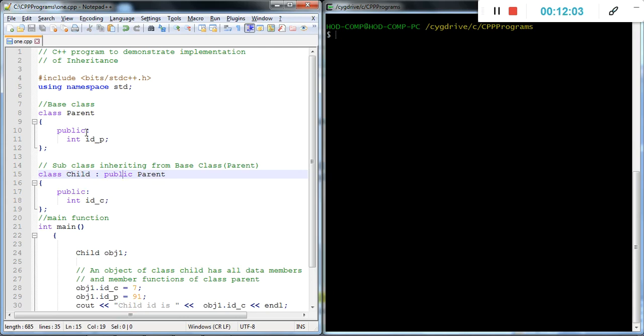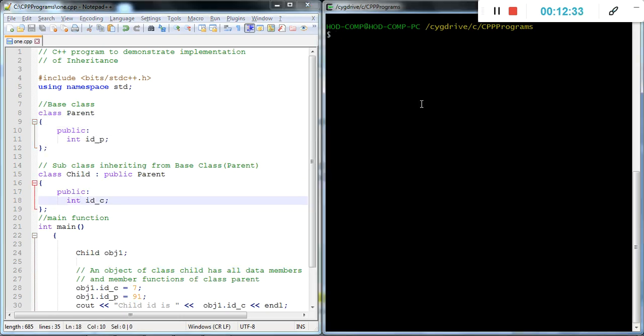Means the public member is accessible in the class itself and in main. If the parent class contains a protected member, then it is only accessible under this subclass, the derived class, not under main. If the base class contains a private member, it is not accessible under the child class, the derived class, or the main. It is only accessible under the parent itself. That is simply the process.